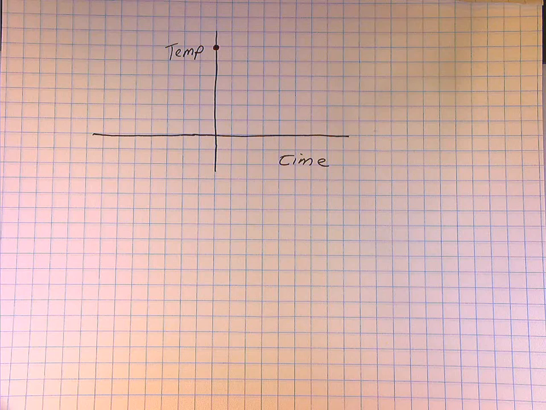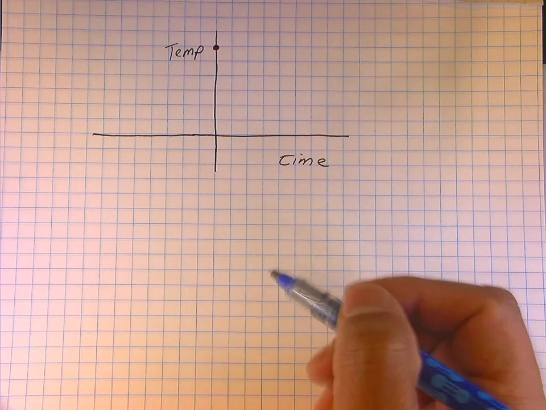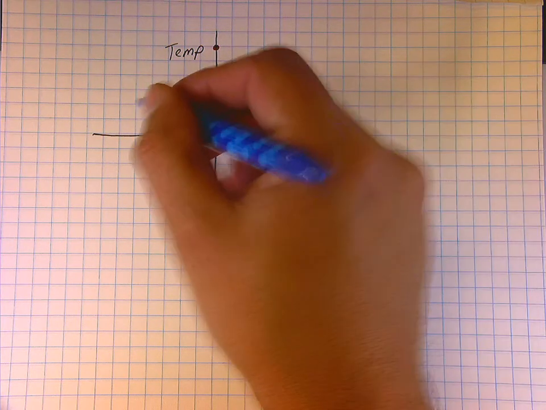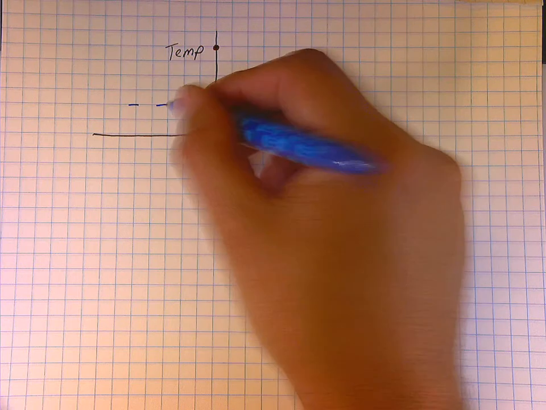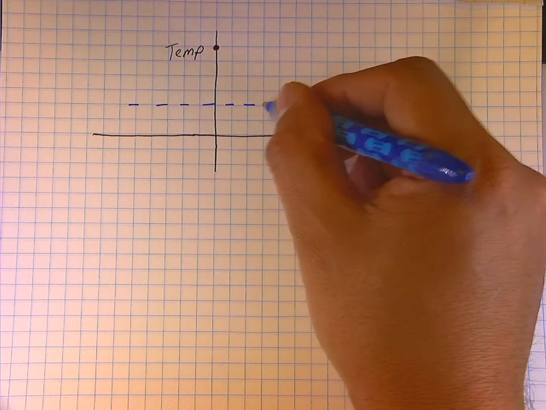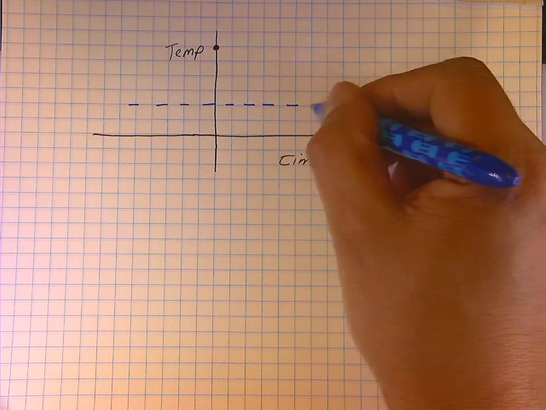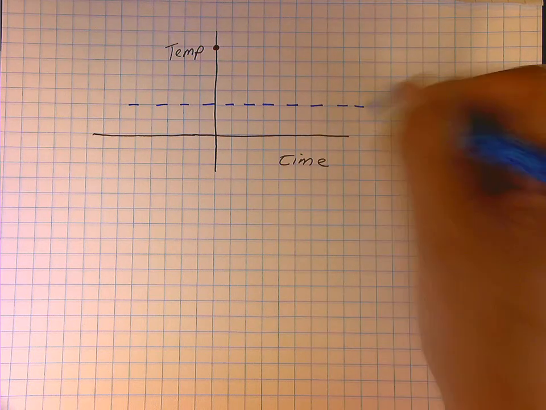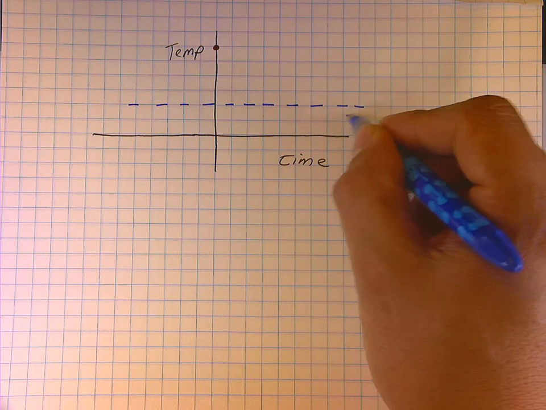Very, very important with Newton's law of cooling, it's not going to cool forever. The temperature will not go negative all the way down to absolute freezing. But what will happen is the temperature will approach however warm or cold it is in the room. This is called the ambient temperature. For all practical purposes, let's say the temperature in the room is 72 degrees